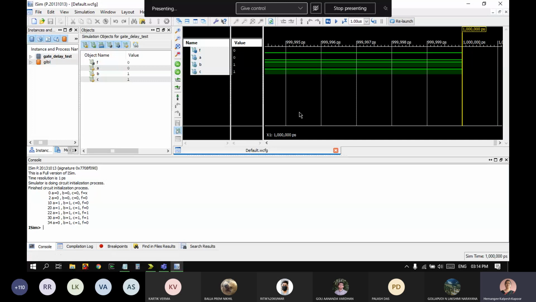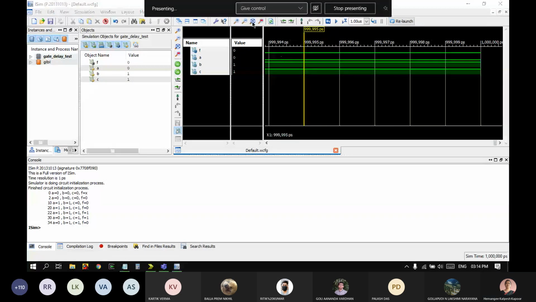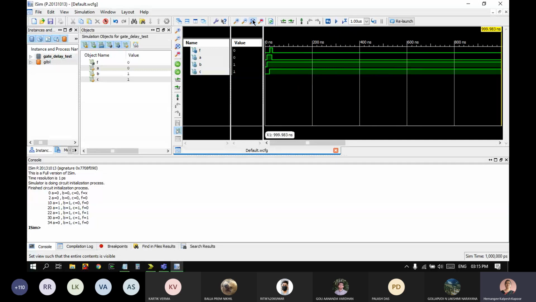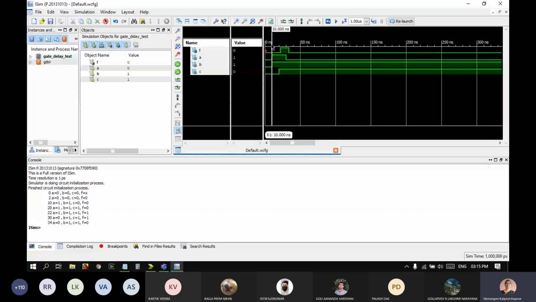What happened here? Okay. Even in the waveform, you can have a feel of what is changing. A changed, V changed. Okay. So 2 is a very small time. This is 20 and that's 22. So you can keep a delay of 5 and simulate for a longer time to visualize this. So you can practice all these things. So today's assignment is related to this work.